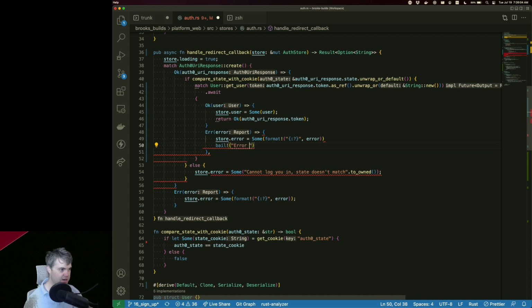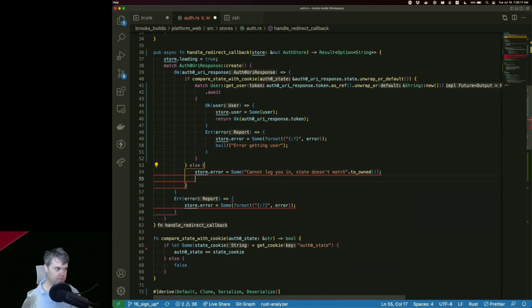Okay, this is going to be error getting user. This is error, okay, so error cookies don't match.